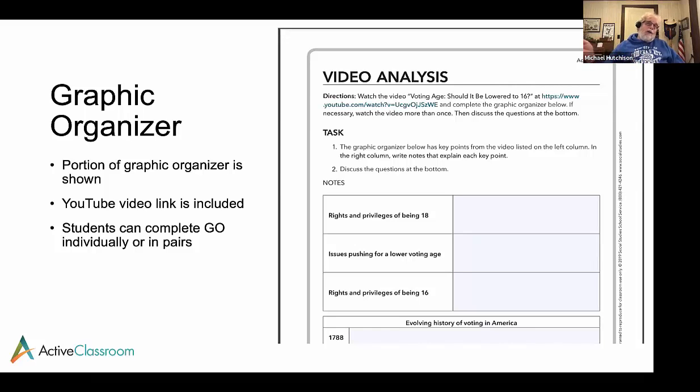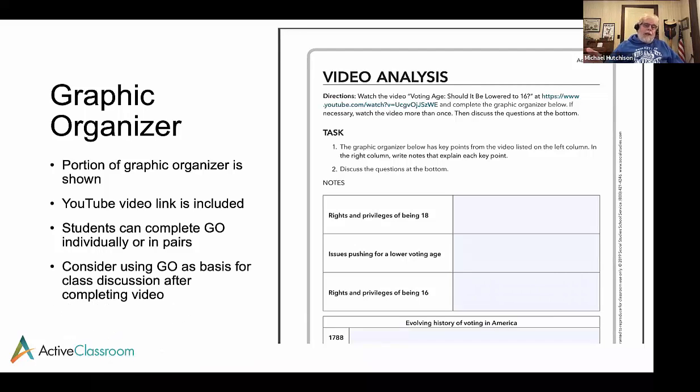So I could show it multiple times, and that was easy to do. And then at the end of it, what you might want to do is use what the students have in the graphic organizer as a basis for class discussion. So for example, you might say, okay, what are some of the rights and privileges that you have, or I would have, the day I turned 18? Probably a lot of students are going to say, well, I can vote,